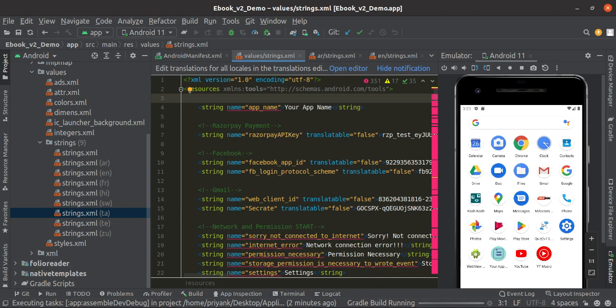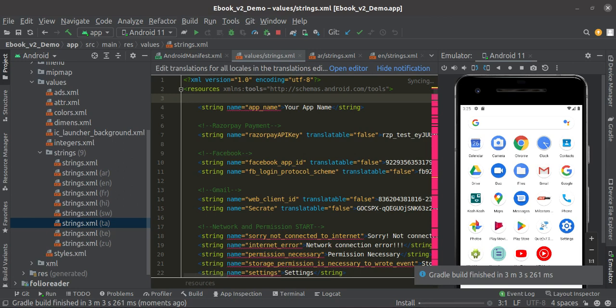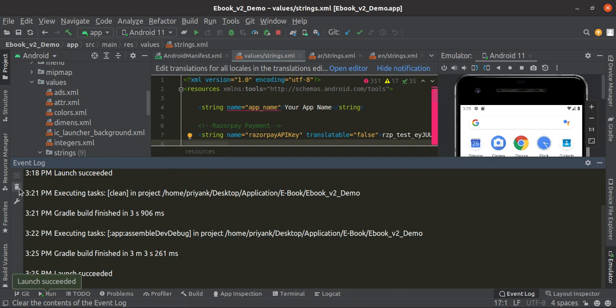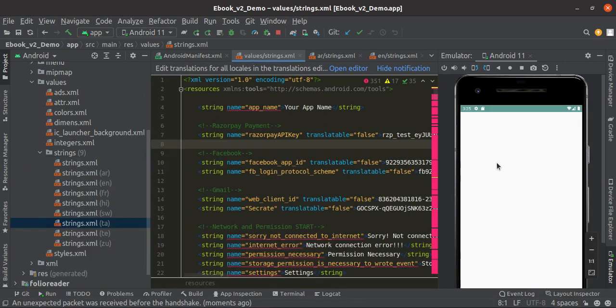It takes time for Gradle building, so just wait for a while. Now Android Studio is launching our app after 3 minutes. It takes too much time. Just close down.